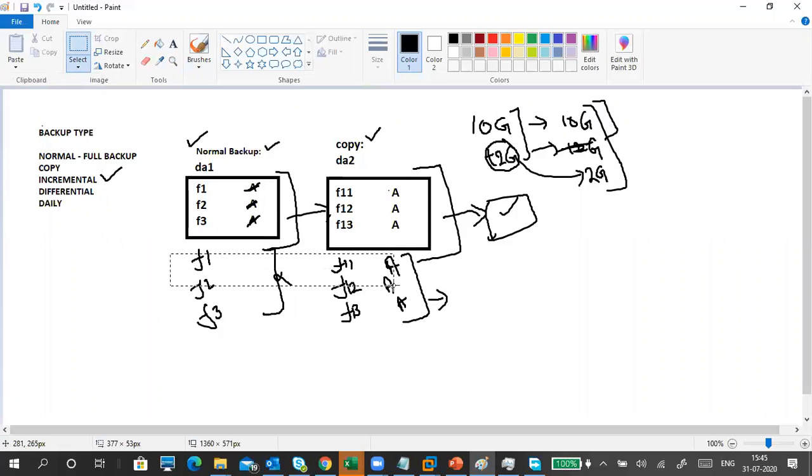Okay, now cancel. Now we have this one. We'll take this scenario, normal backup, because we did a normal backup part. Normal backup only we'll discuss. So the archive attribute is removed, right?